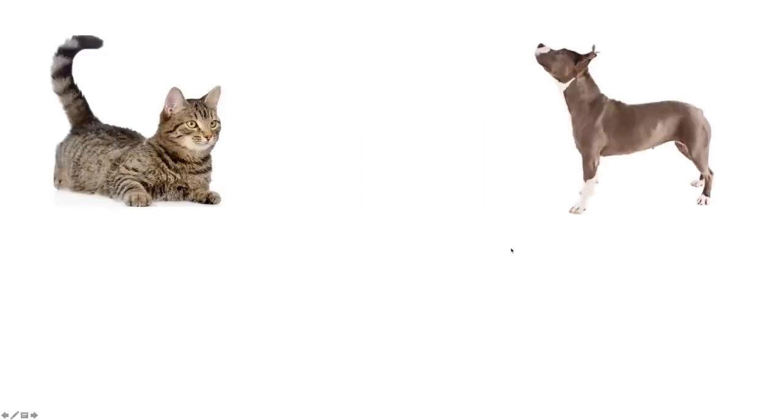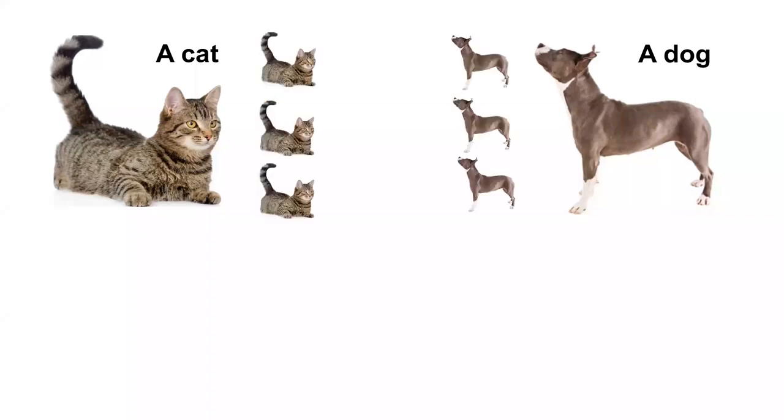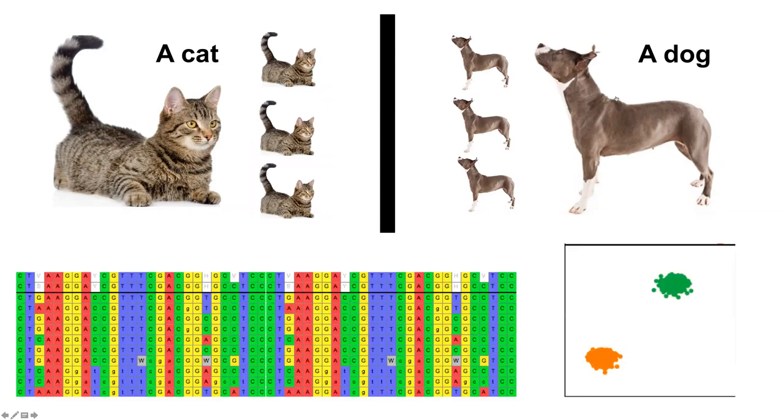So what do I mean? We have these two things, right? These things have this almost infinite number of characters you can look at, like the color of the eyes, the length of the tail, the color of this particular hair here, the color of this particular hair here, it goes on, right? But we can break these two things down into a word, a cat and a dog, right? That's our dimensionality reduction. So when we see other things that are similar to a cat and a dog, we can group them together and then draw a line. That's our clustering. And of course, we can do this with genetic data as well.